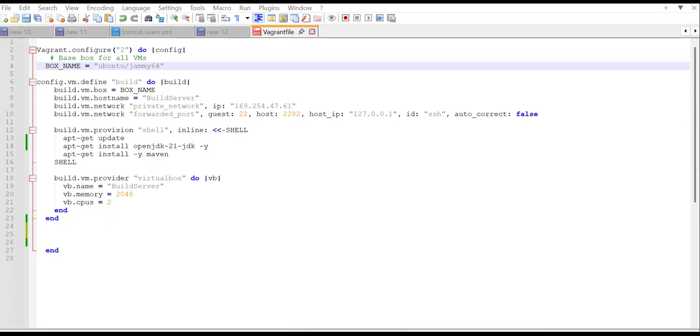My name is Raman. In this lecture, we will define a virtual machine configuration in our Vagrant file for the Artifactory server. So I'm going to use JFrog Artifactory. To set that up, I need a Docker machine. So let's do one thing. Let us copy this